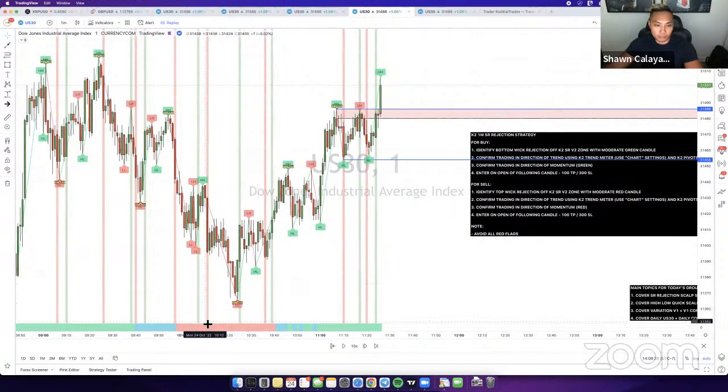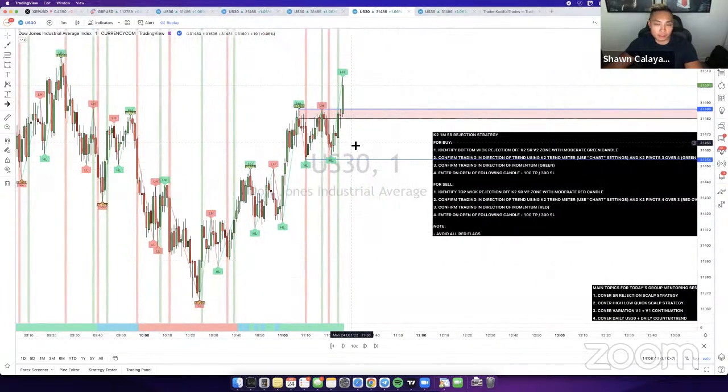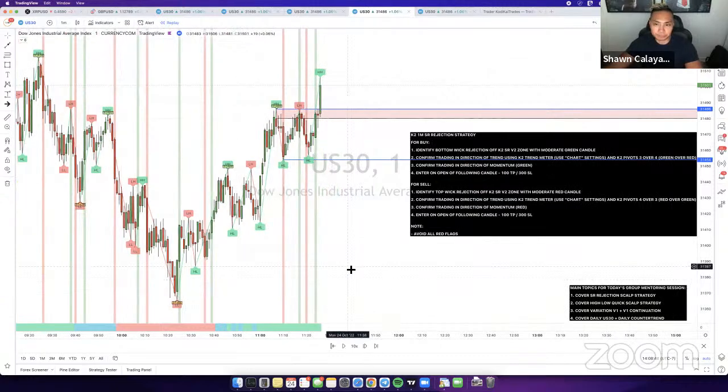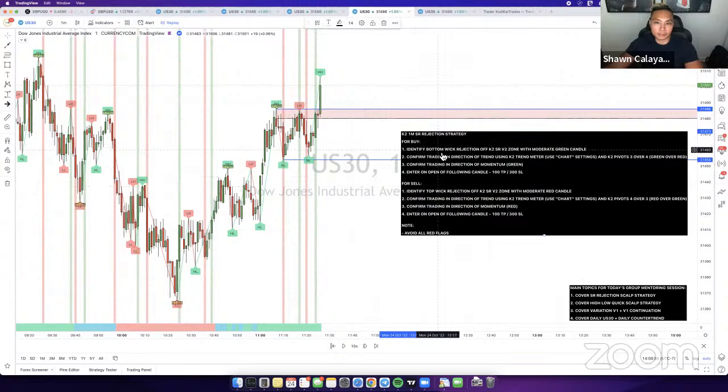If the trend meter is red, you're looking for sells. If the trend meter is green, you're looking for buys. So that's the reason why I've immediately looked for a buy here, because I saw that the trend meter down here is green. So for the first requirement, you want to identify a wick rejection off the K2SR V2 zone